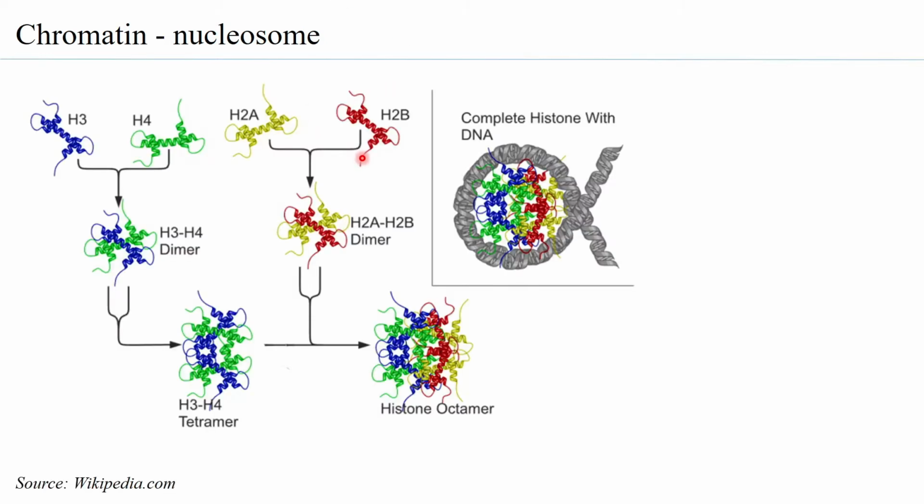The nucleosome is basically a histone octamer, and there are four histone molecules, that is H3, H4, H2A, and H2B, which in dimers are basically forming the histone octamer. First, H3 and H4 form a dimer, and then two dimers form a tetramer. Similarly, H2A and H2B form a dimer, and two dimers of H2A, H2B come together to form a tetramer. And then these tetramers of H3, H4 and H2A, H2B come together to form the final histone octamer.